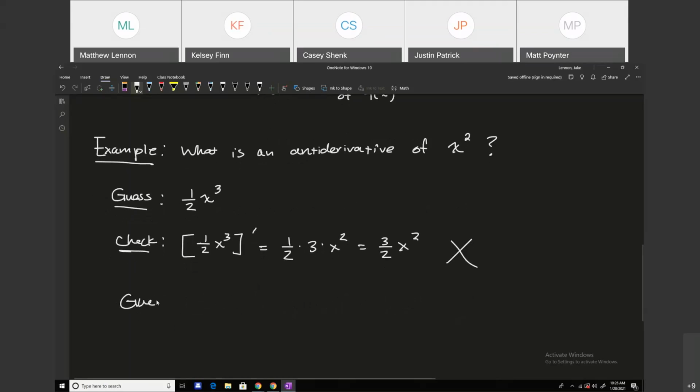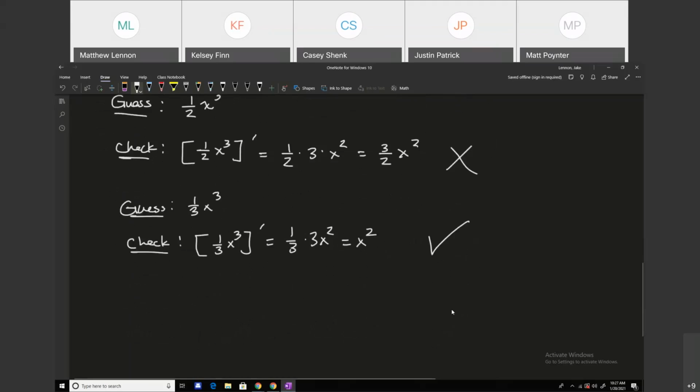So now we know what the right answer is. So we could write another guess: 1/3 x cubed. And this one does check out, because we take the derivative and we get 1/3 times 3 times our x squared, and we're just left with x squared. So this one checks out. So 1/3 x cubed is an antiderivative of x squared. So then it begs the question,